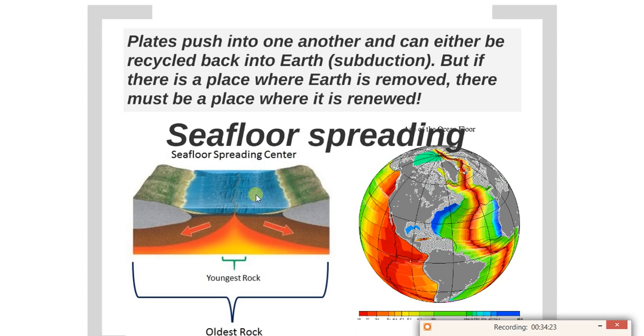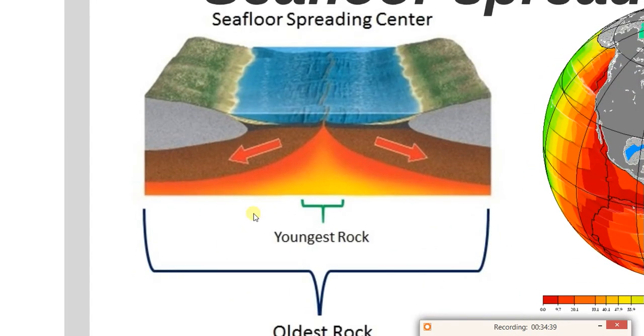Now, at this distance, it doesn't look like a mountain range here in the ocean, but it does. It creates what we call the mid-ocean ridge. Mid-ocean ridges are spreading centers where new rock is being created and the plates are getting bigger in those locations. Here, as we saw before, this is another one of those maps. It's not temperature. It looks like temperature, but it's not. This is showing new rock